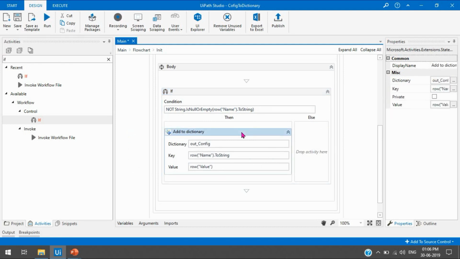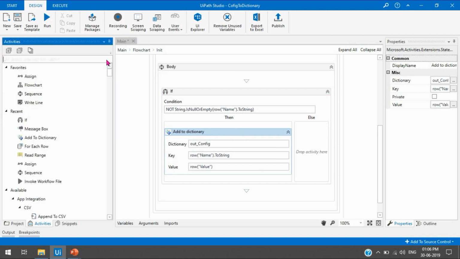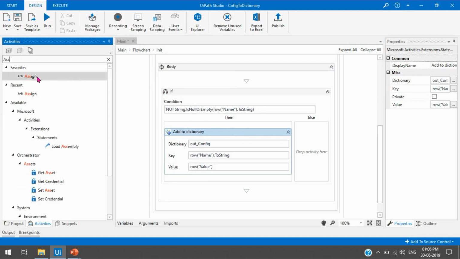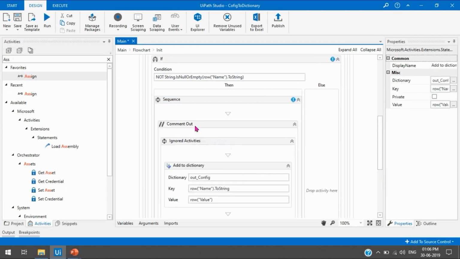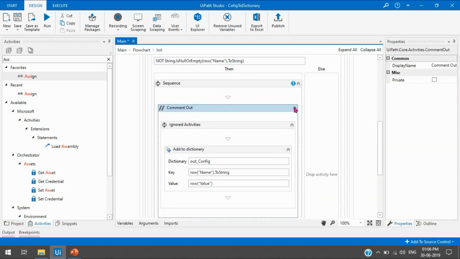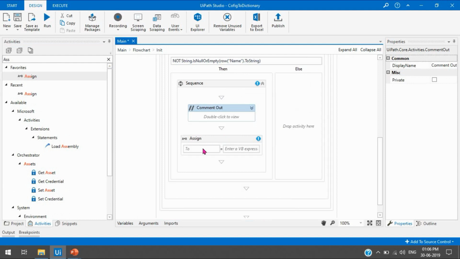Or instead of taking this add to dictionary activity, you can take one assign activity, which is just a replacement of this. If you don't want to use this, let me press Control D, then you can use this one.